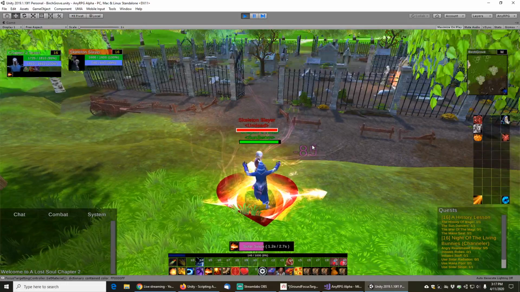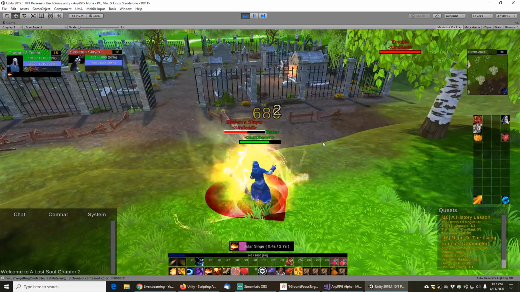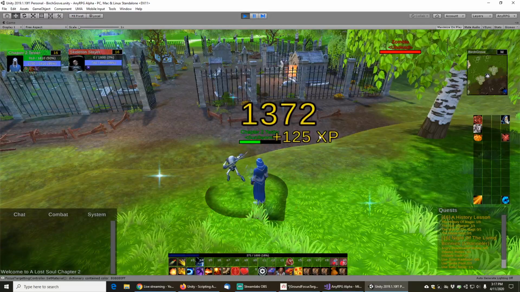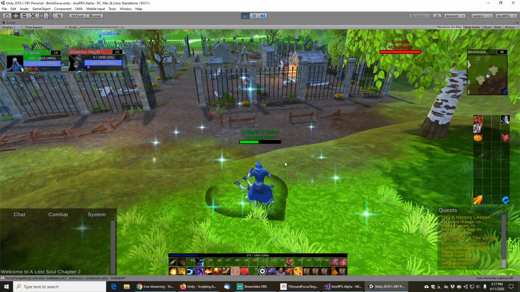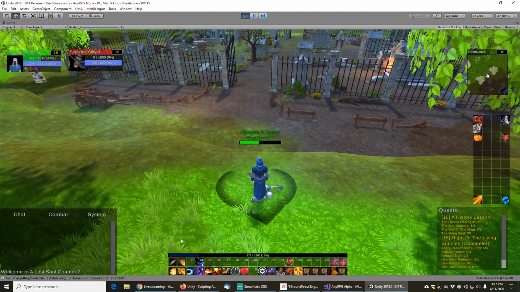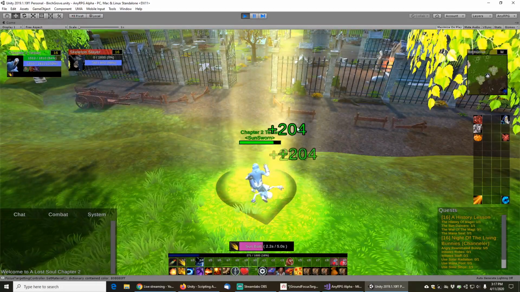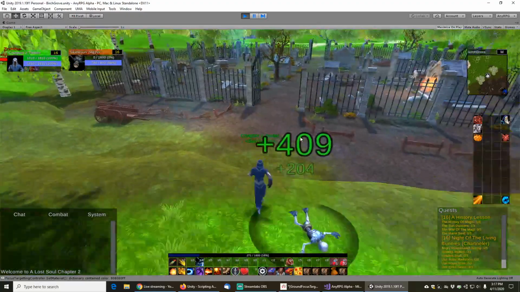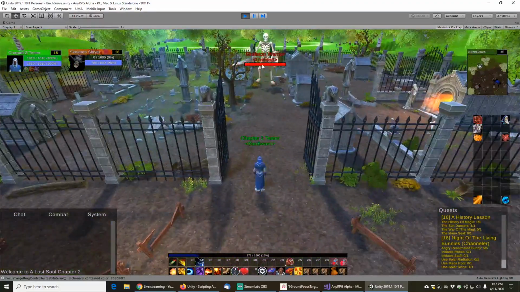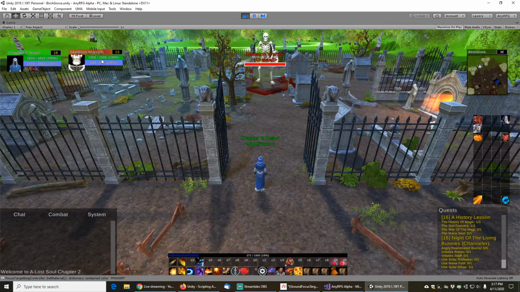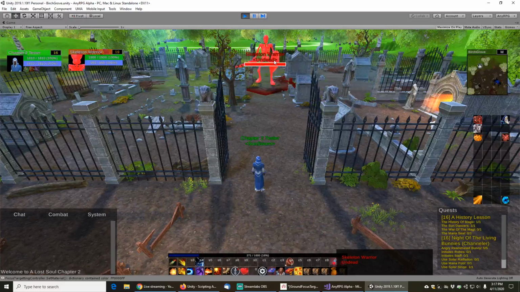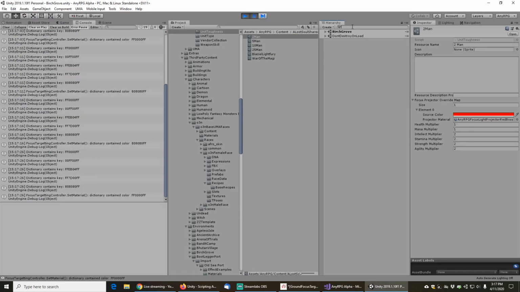And I'm just going to nuke this skeleton here real quick. And then I'm going to heal myself. And then I am going to wander over, and the boss does not have his toughness. So that's interesting. Let's go look at him